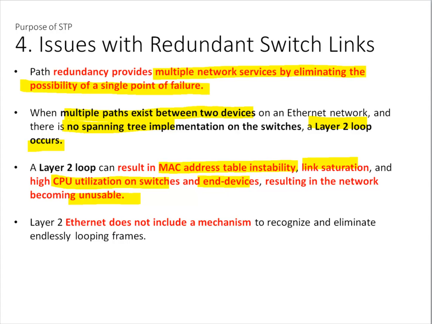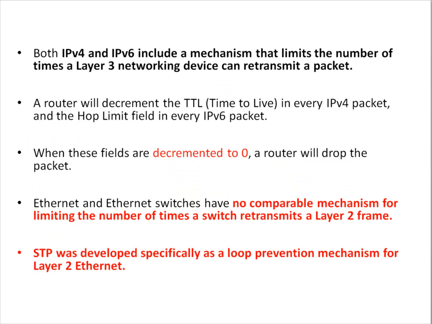So Ethernet does not include a mechanism at layer 2. That means if you have loops, there is no special mechanism to block the loops, to break the loop in layer 2. I repeat the point: in layer 2, if any loop happens, there is no technique or mechanism to block it. But in routers, if we have a loop, it can be closed or eliminated